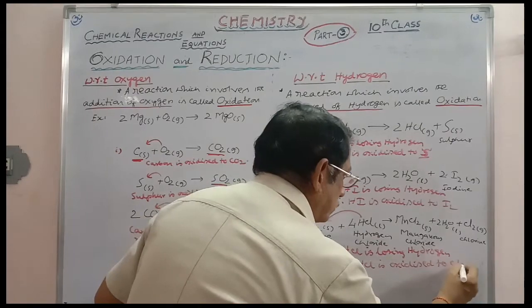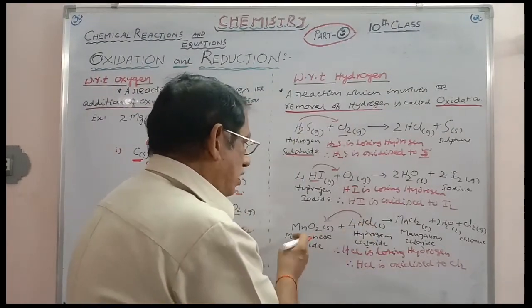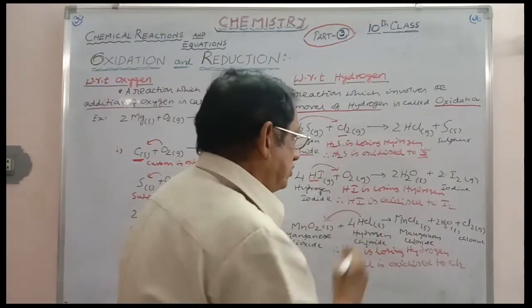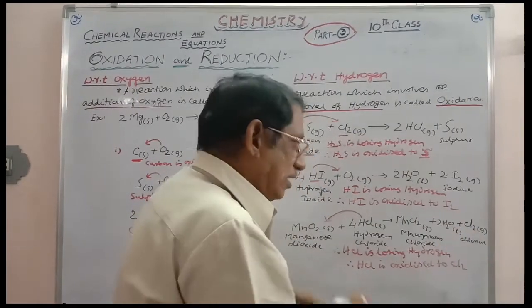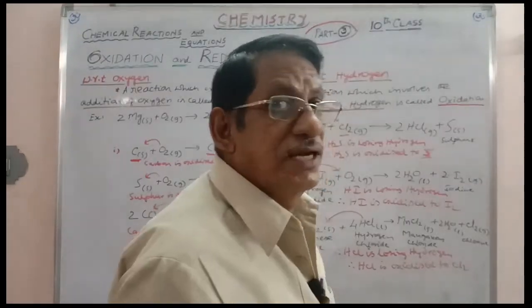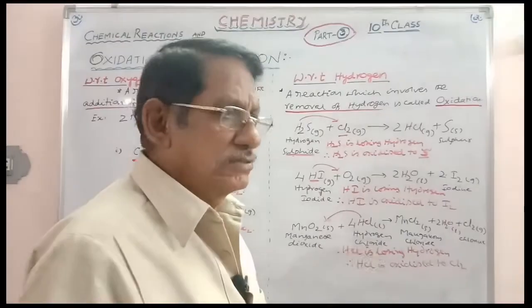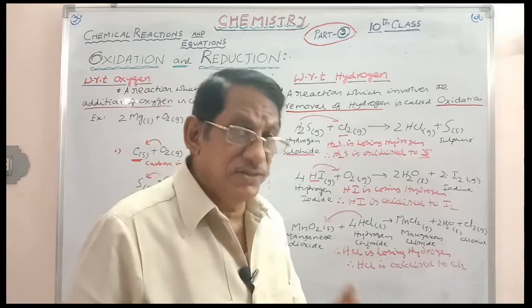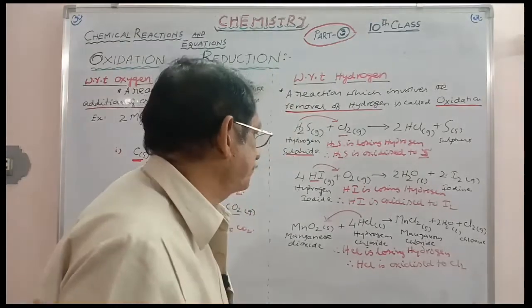to Cl2. This is also a preparation of chlorine. Action of concentrated HCl on MnO2 gives chlorine. And here MnO2 is reduced to MnCl2, HCl is oxidized to Cl2 because HCl is losing hydrogen, and this is a particular example of a redox reaction. Where there is an oxidation reaction, side by side there will be a reduction reaction. Put together, redox reactions are very important in chemistry and in particular in electrochemistry also.